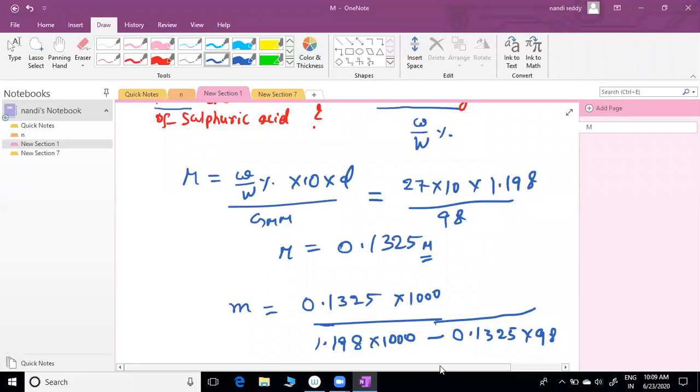How did you get 3 point something? You should not get that. Solve this one. How much are you getting? This is